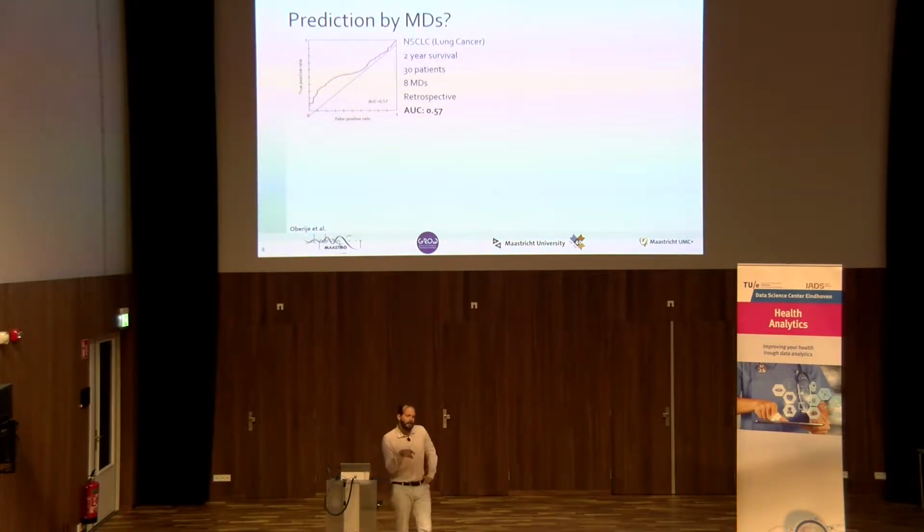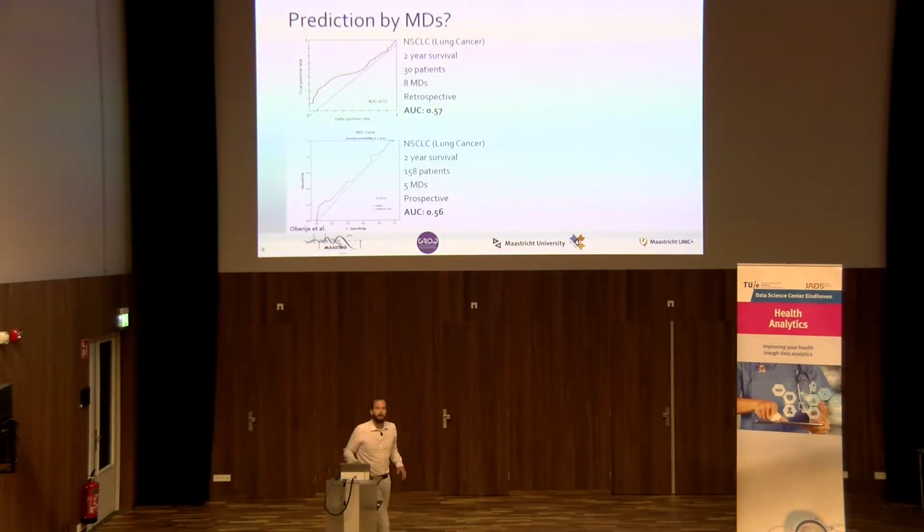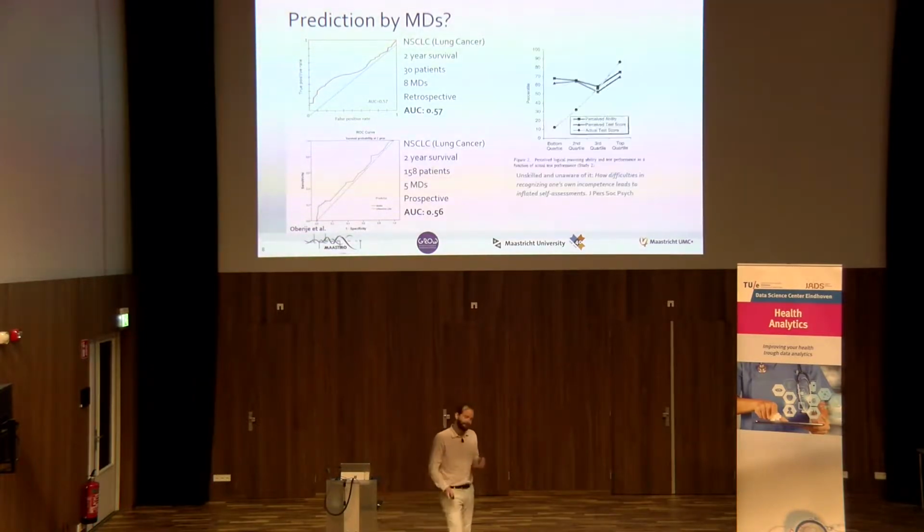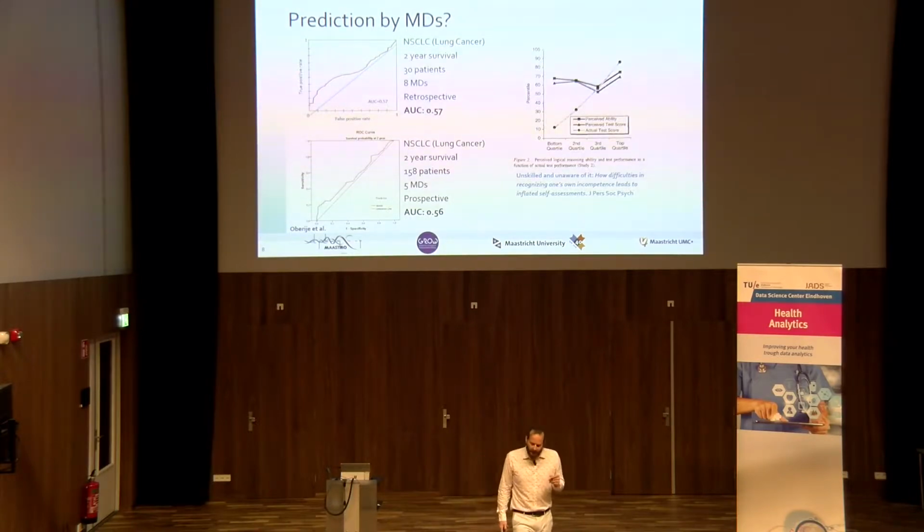Every time a patient came into the door at MAASTRO for 2 years, they had to predict, will this patient be alive or dead? Will this patient have a toxicity? And the most common toxicity is a radiation pneumonitis of the lungs and radiation esophagitis of the esophagus. They had to predict those 3 things. It took 2 years to do. More patients, more experienced doctors. The end result was 0.56. No better. So this is a random prediction.